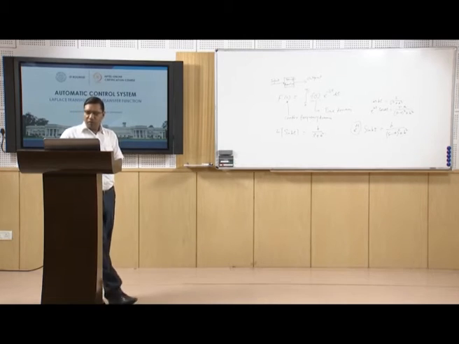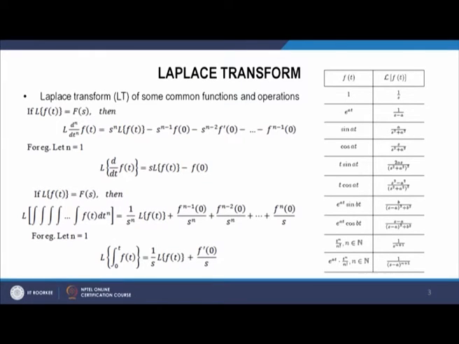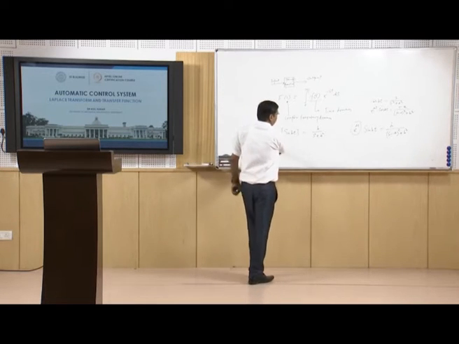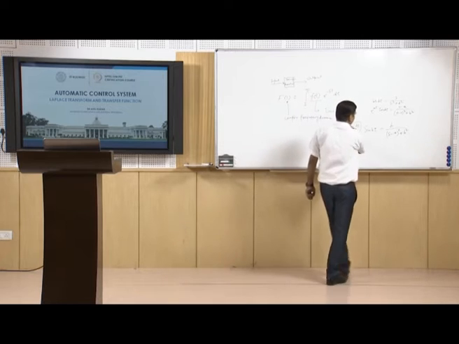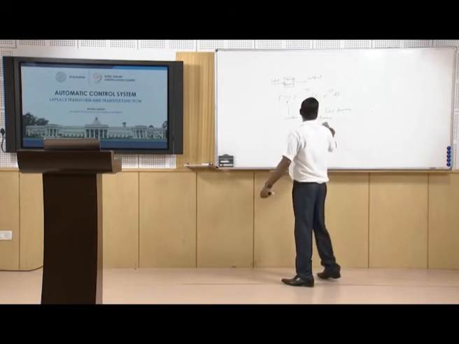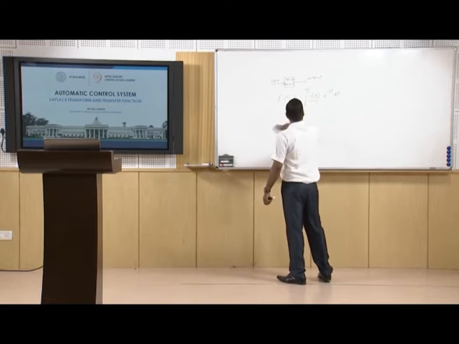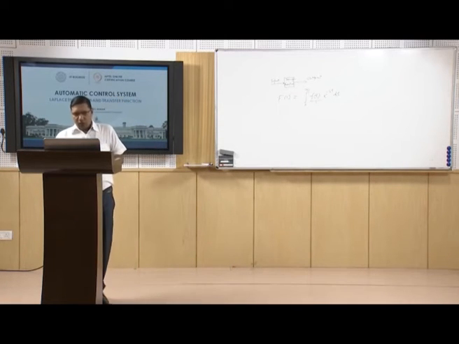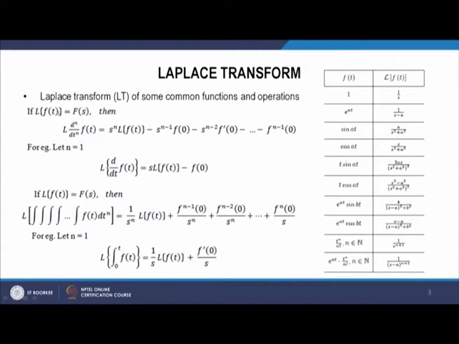So Laplace transform of t power n upon factorial n is 1 by s power n plus 1. Now we come to the more applicable system like differential equations. Because differential equations are used widely, we should see how we can take the Laplace transform of differential equations. So here, f(t) is a function, and the Laplace transform of f(t) is F(s), then Laplace transform of the nth derivative of f(t),